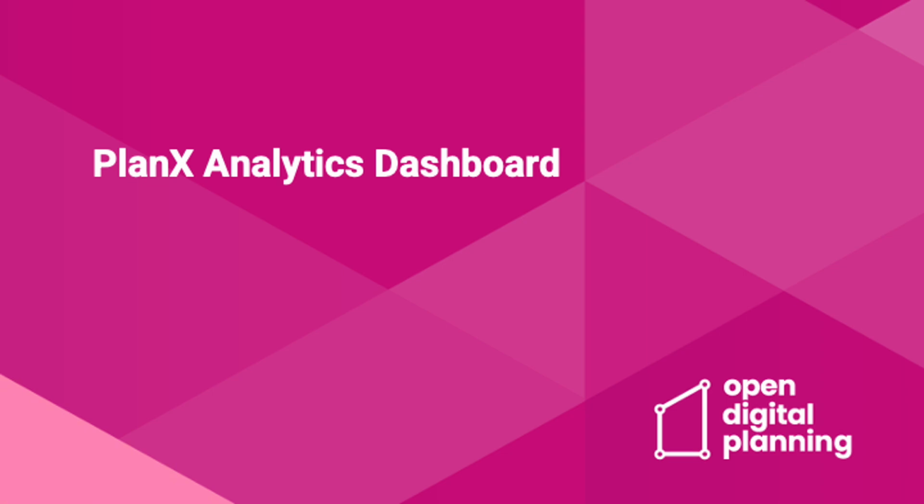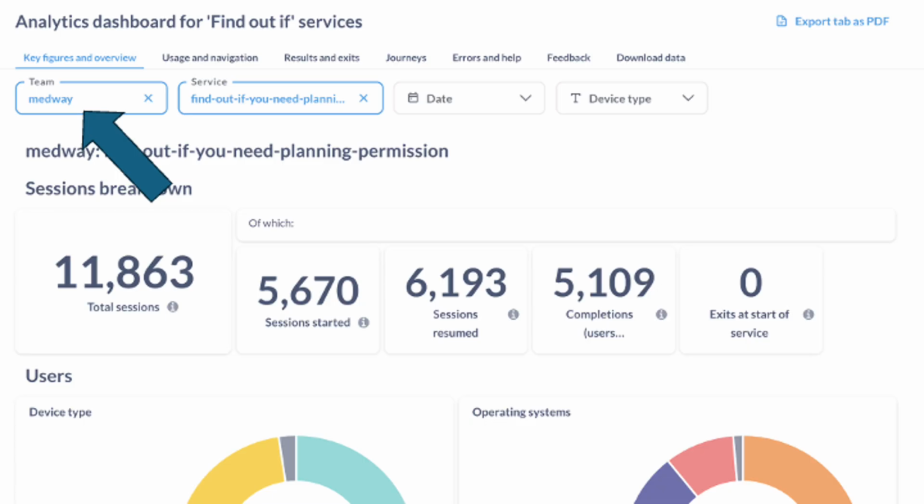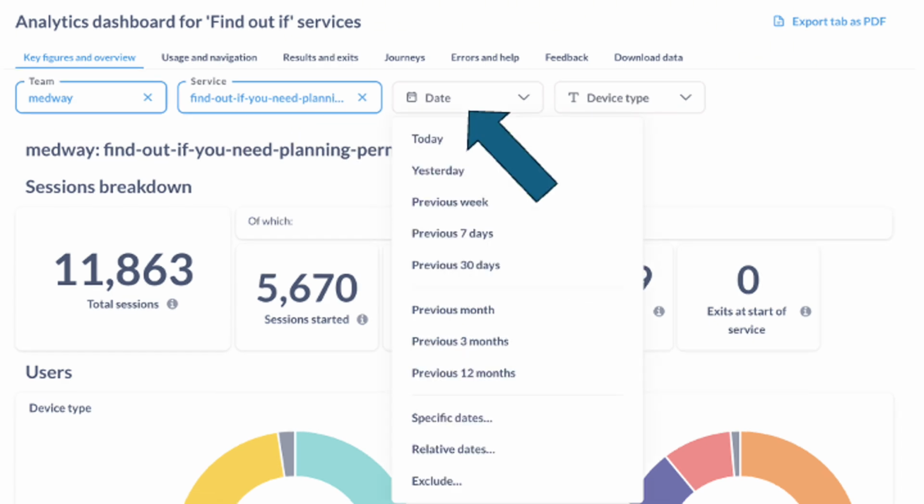So let's take a look at that dashboard. Once your service is set up, you'll be given access. And here's an example. On the top left is where you can see your council name. The other two main selectors at the top there are the service. You may have more than one, so you'll need to select Find Out If You Need Planning Permission. And on the right there is a date range selector. If you click on that area, you'll see a number of ways of selecting different date ranges. And if you then click on the filter button, the dashboard will update to show the numbers for that particular